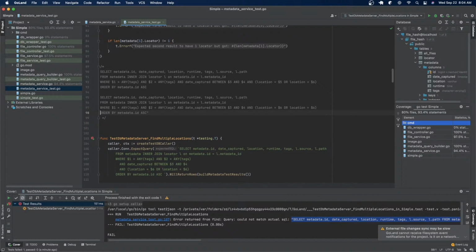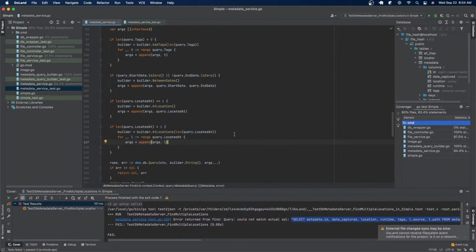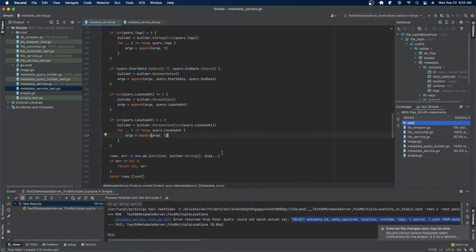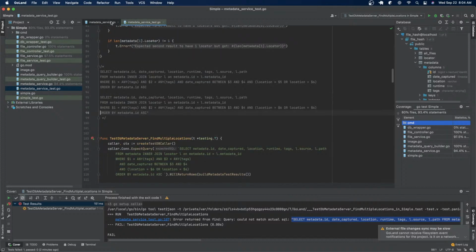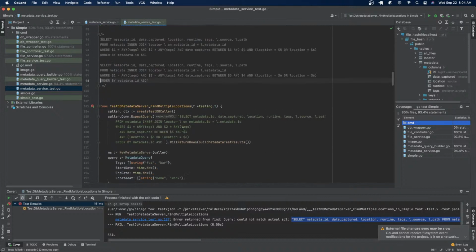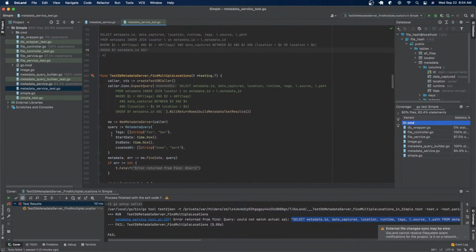That's not right. Builder equals builders at location. So let us go and